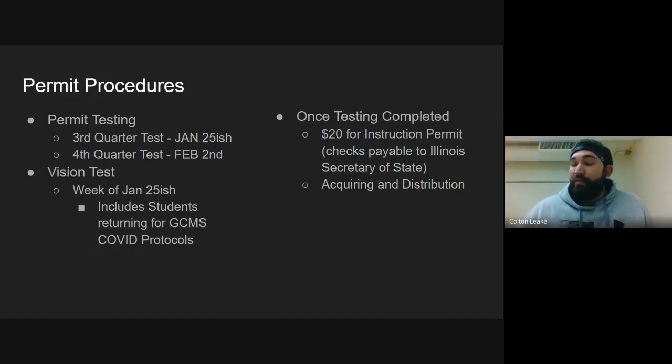If you wanted to wait until we had the testing done and I sent home their application for you to double check, because believe it or not, your child's probably going to screw something up on that white sheet of paper and they're going to say that it's totally accurate. And then me not knowing any better is going to say, okay, here you go. They're going to take that home for you to review and double check to make sure that all that information is accurate, and then bring that back to me, because there's some things that have to get signed by yourself and me. I would just have them bring the $20 at that point in time.